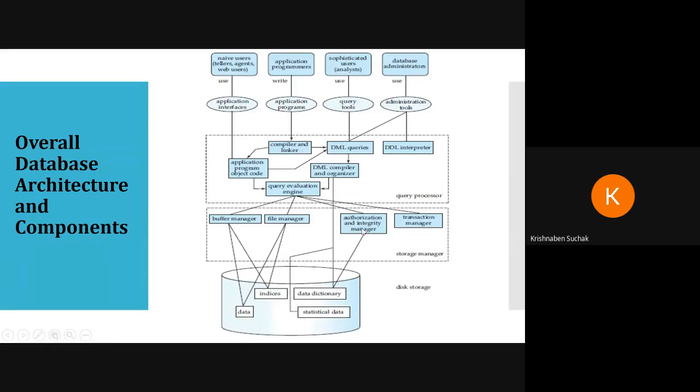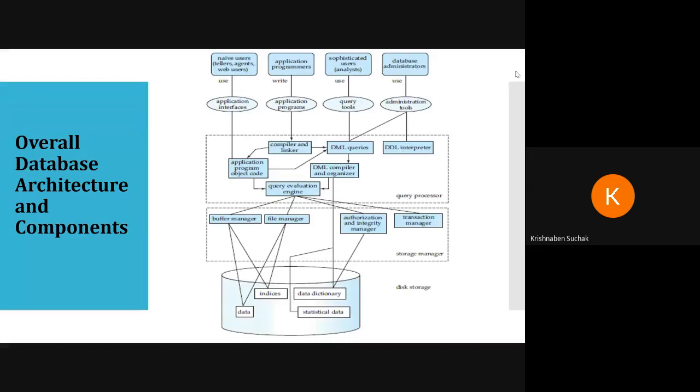They get access to the data dictionary. They will check whether the data inside is correct or not. They will check the authorization, whether the particular person is authorized or not, and also check integrity issues.